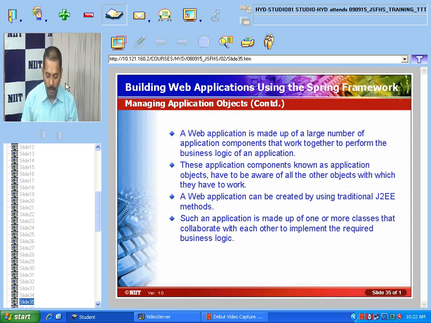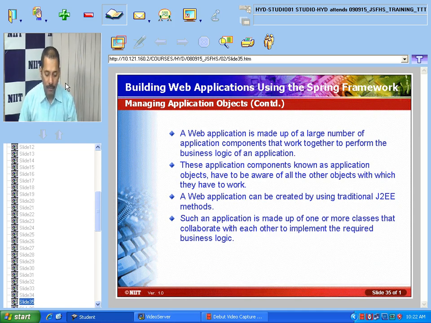In the case of your order class, we have something called prod, which is an object we have created, the object of the product. Then we have customer, which is one object we are creating.